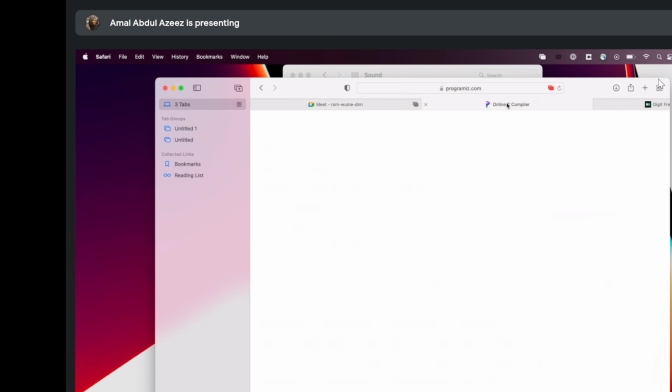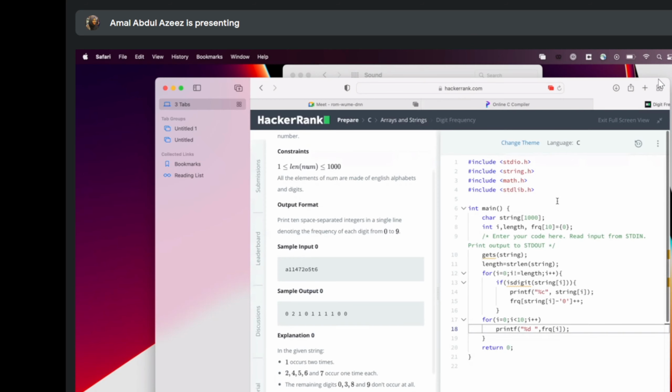Any idea, guys? Just flash your ideas. Yeah, we'll do it together. It's a simple problem. I've done it before too, but I don't know why I'm running into error today. We'll just check it again. We've input the string. We have found the length of the string. Then from I equal to 0, I less than or equal to length, I plus plus, this digit string of I, then